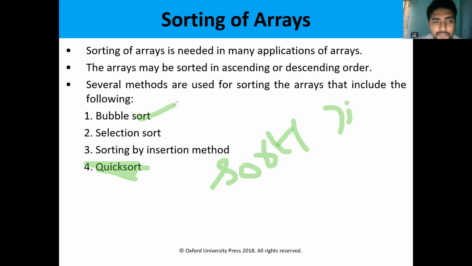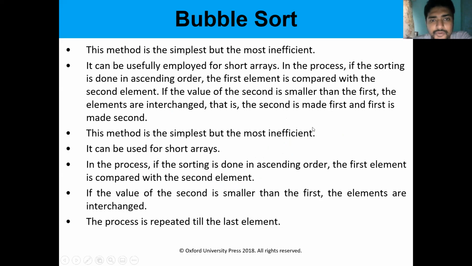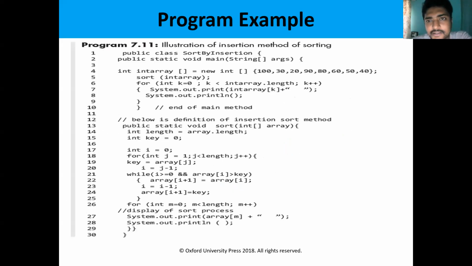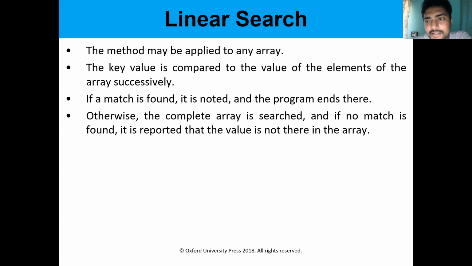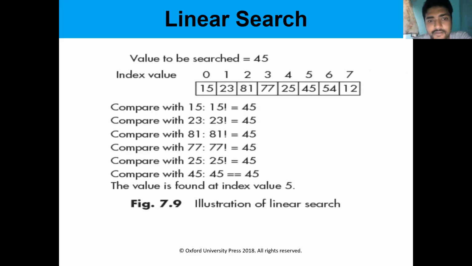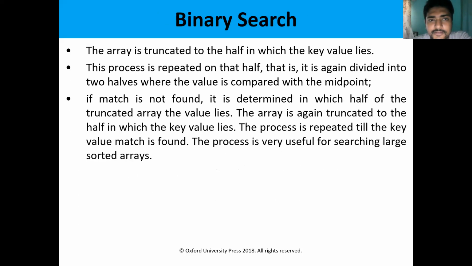We have discussed how bubble sort, selection sort, as well as insertion sort are done. All of these were already explained in the previous semester. Then we come across searching. In searching, we have two types of searching techniques. First one, linear search. Second one is binary search. Searching means we have to find the element which is required, whenever required. This is also explained, binary search.